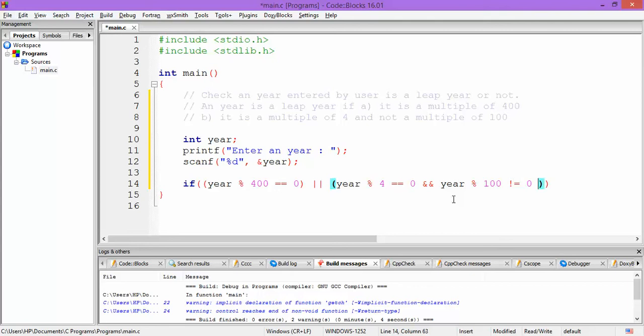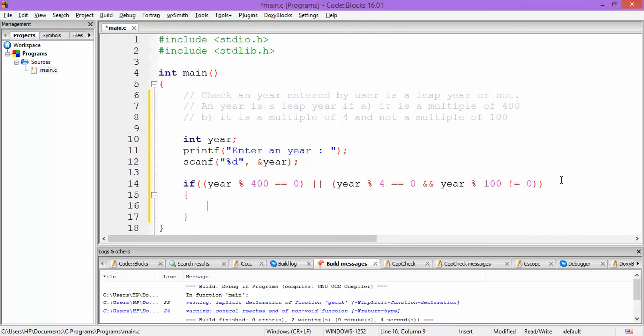That means we want to check whether the year is not a multiple of 100. So here, if you see, we have used the logical OR operator, and here we have used ampersand ampersand, that is the logical AND operator.